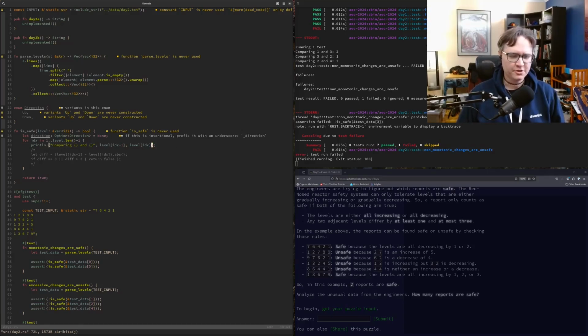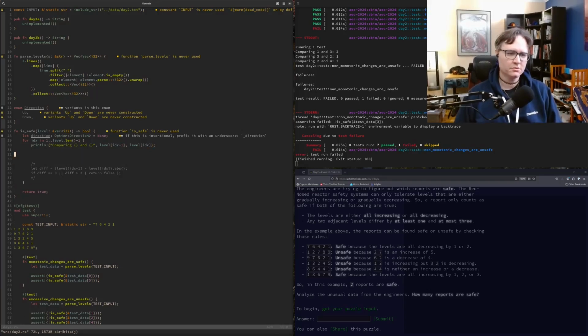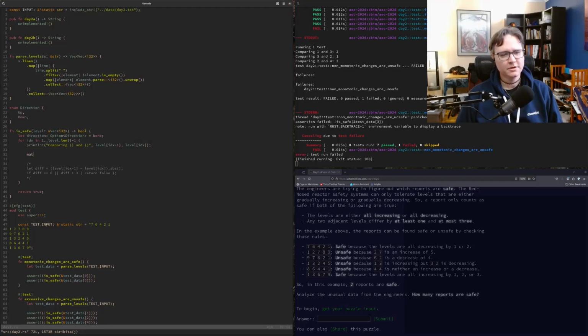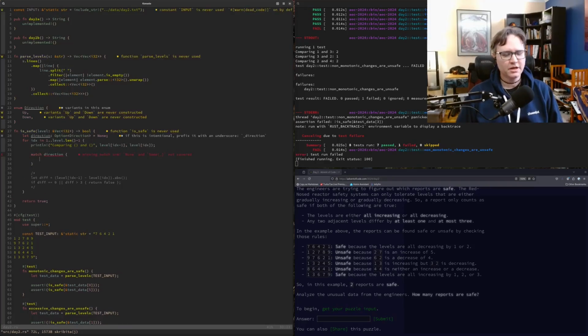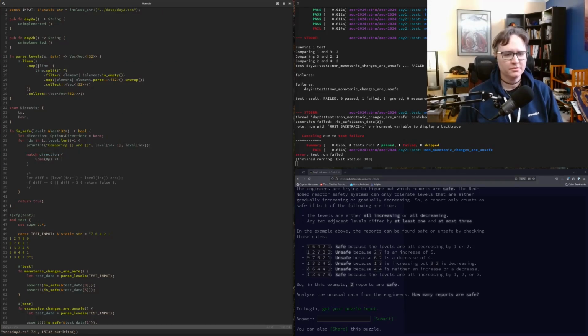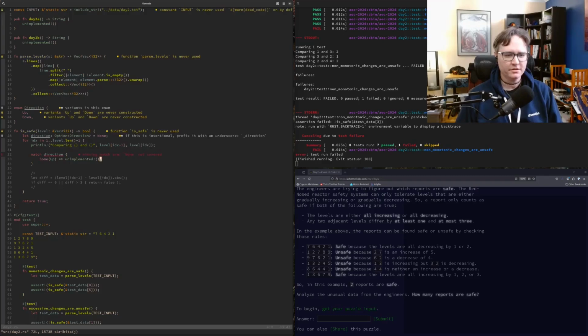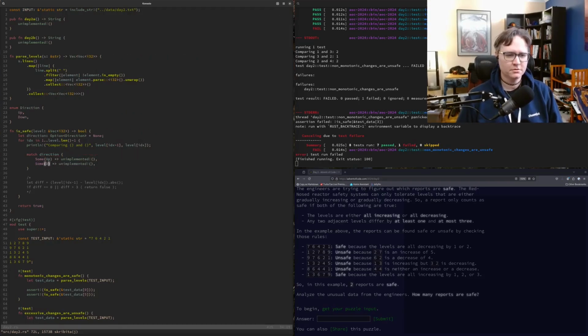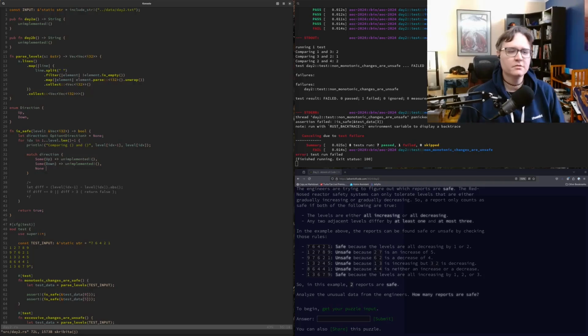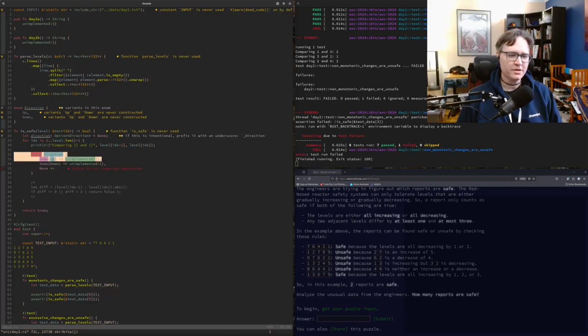I'm going to calculate the direction first. So match direction, if it's up, we haven't implemented it yet. Same with down. But if it's none, then let's just not even do it here. Let's put it before we start the list. So I'm just going to determine the direction that we're supposed to go here. If it's none, then